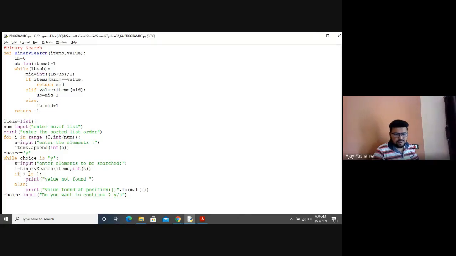So if I is -1, value is not found, no issue. Else print value found at position.